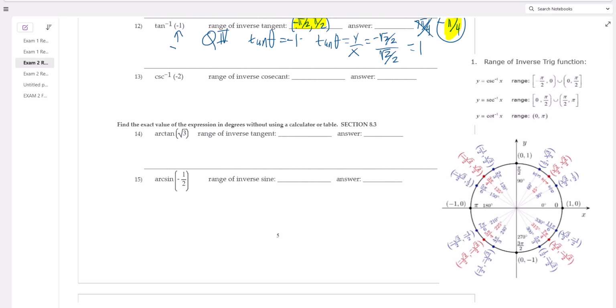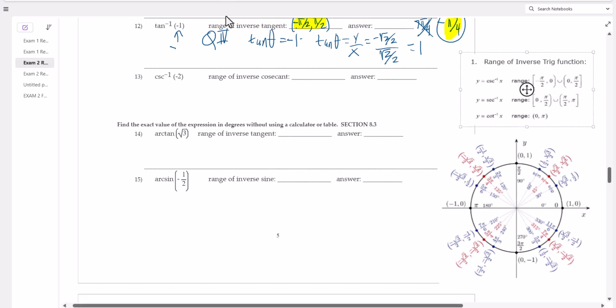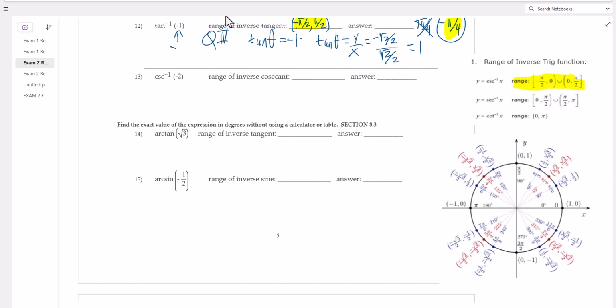Okay, problem number 13, we're looking at an inverse cosecant. Now, one of the things I told you all is that I'll give you these things right here. You don't have to worry about memorizing these. These you don't use as much in higher math, but I do think the inverse sine, inverse cosine, inverse tangent, you use enough that you want to know those. So one thing on this is the range on this is going to go from negative pi over 2 to 0